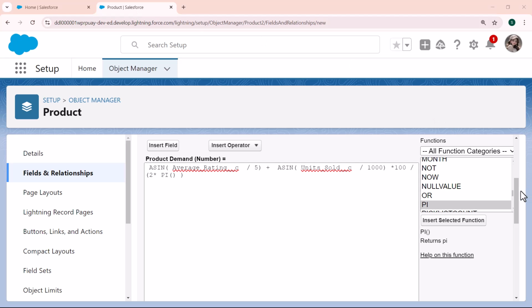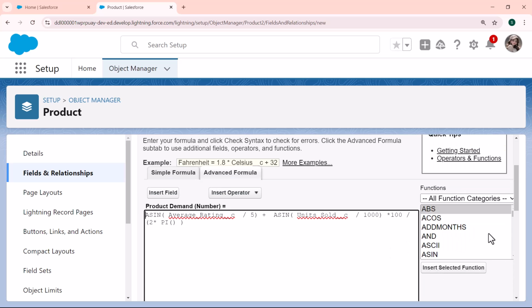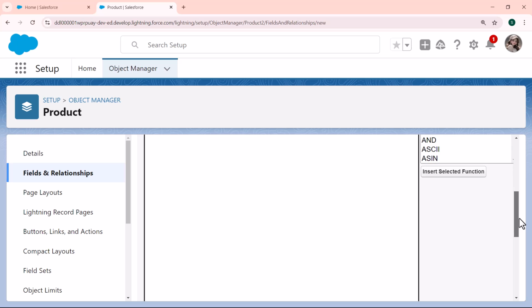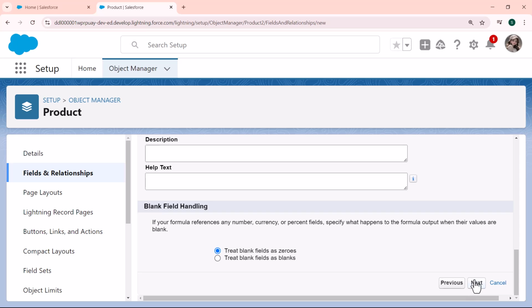Now check the syntax, whether our formula is correct or not. So I click on Check Syntax, and here we go. There is no syntax error present. And then we can also add the description and the help text if we want, otherwise leave it as it is, and we can also handle the blank field and then click on the Next button,